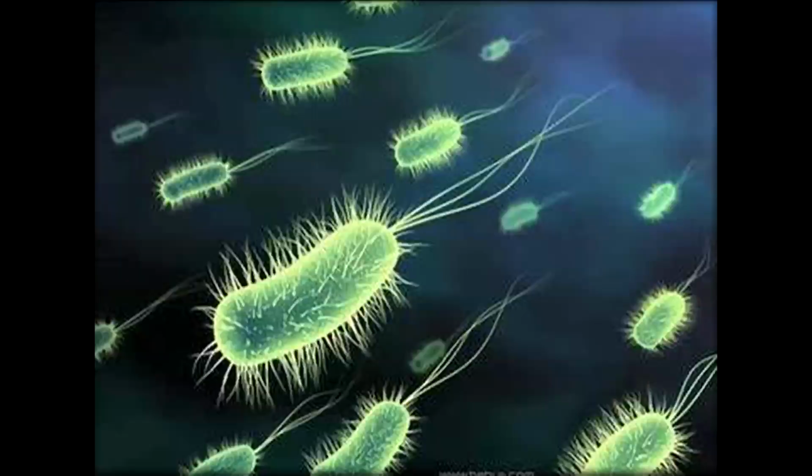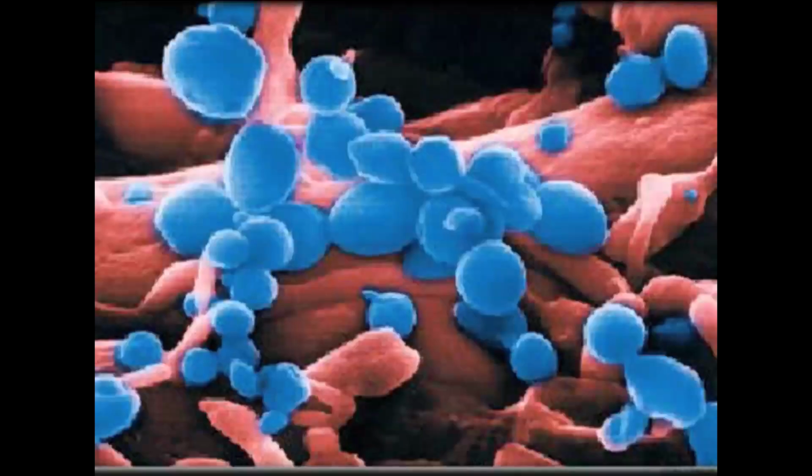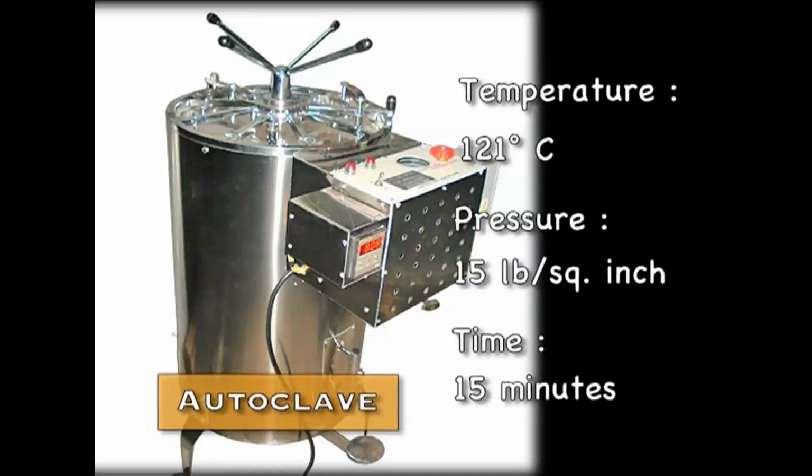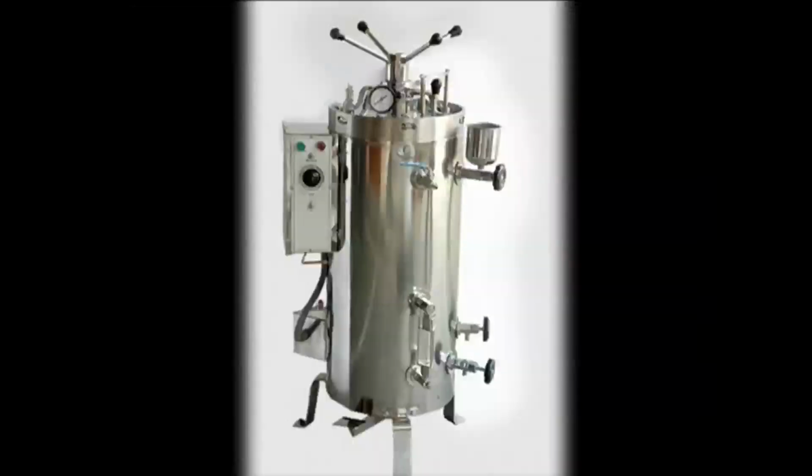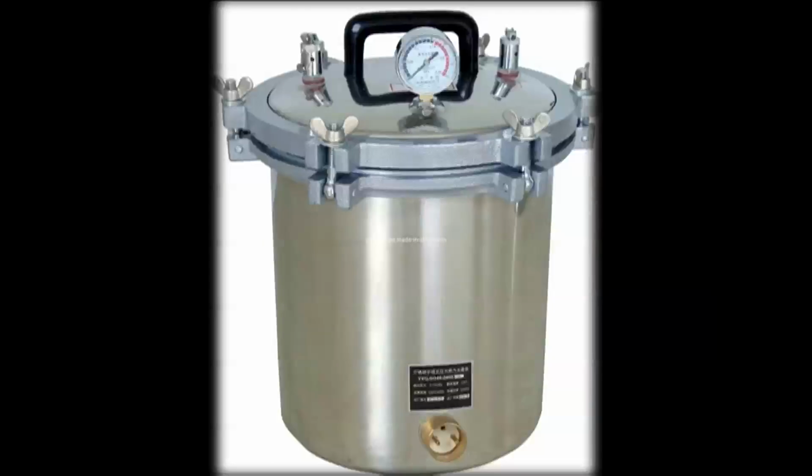Sterilized steam is used for killing of the microbes. In autoclaving, the microbes are killed at a temperature of 121 degrees centigrade and a pressure of 15 pounds per square inch. The principle of the autoclave is that we keep boiling the water, and this boiling water generates steam. This steam pushes off all the cold air, the normal air that was present inside the